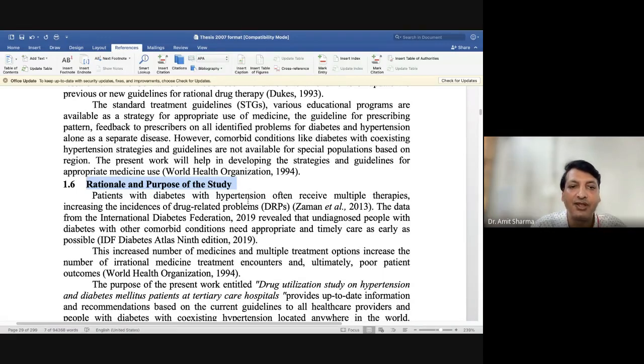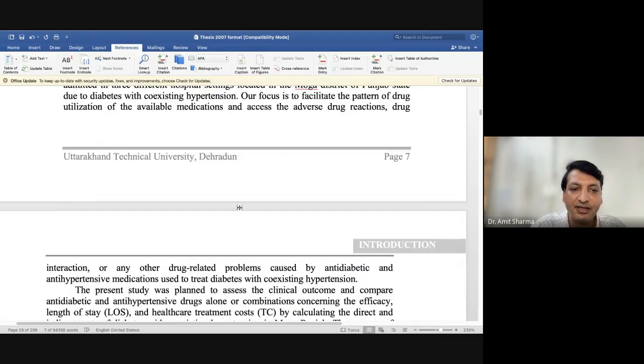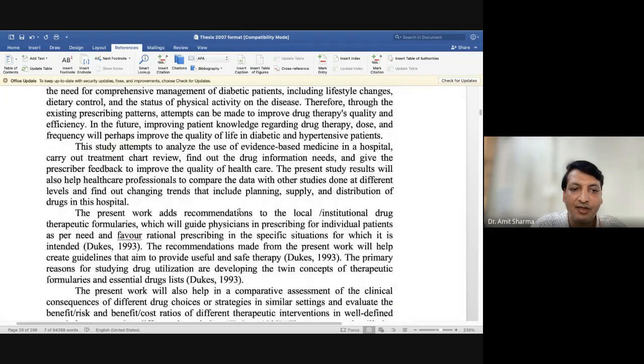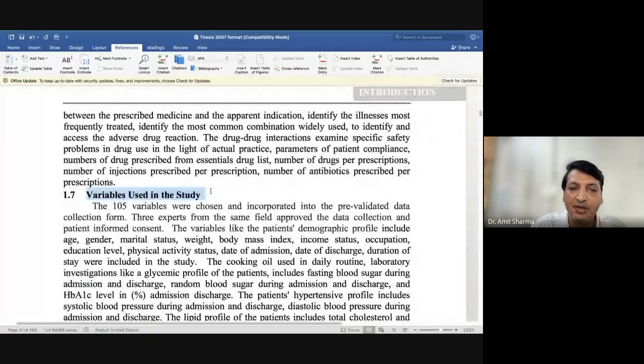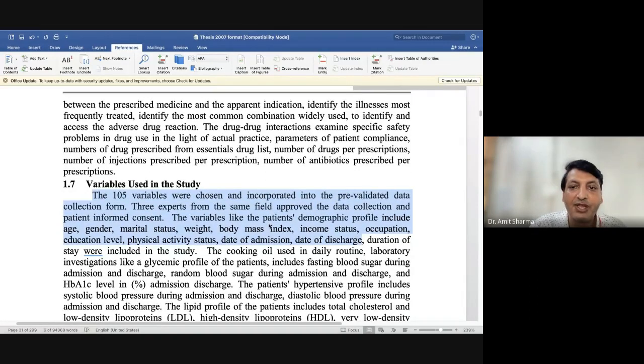Both are different things. Once you write the purpose, we have one more term called variables used in the study. Most people, I have not seen in research papers or in any thesis, but I like to write it in my thesis. For example, I have directly written how many variables I have made in my SPSS sheet, and what the names of those variables were.